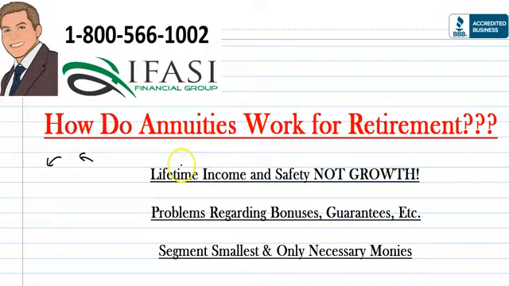You could either attach the bells and whistles onto it, or you don't have to. You could also attach death benefit riders onto it, or you don't have to. So there's all flexibility on creating a specific plan to see whether or not it might work for your retirement or not. Now, some of the biggest problems are the misconceptions with some of these annuity contracts regarding bonuses,